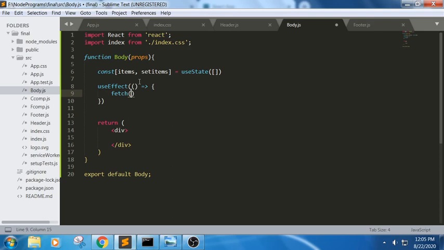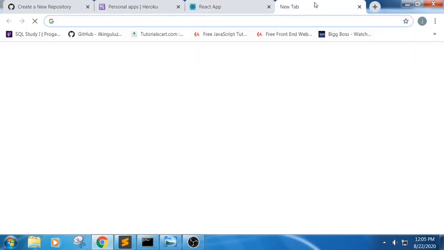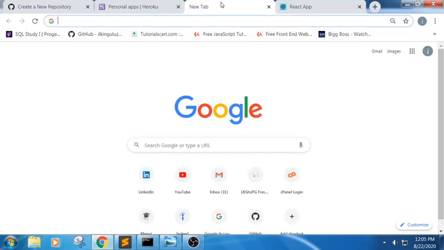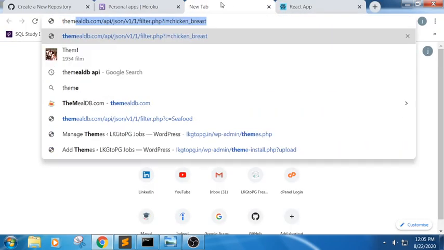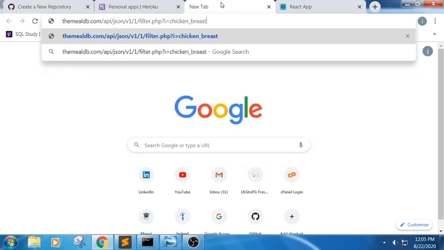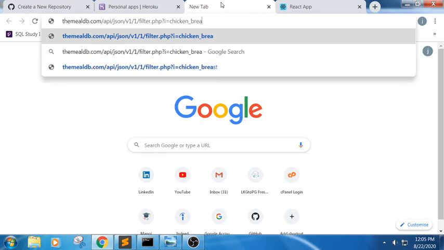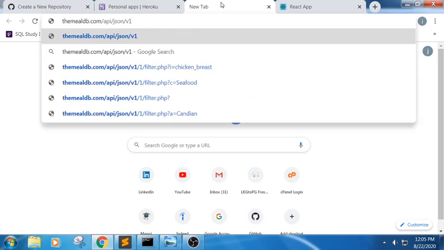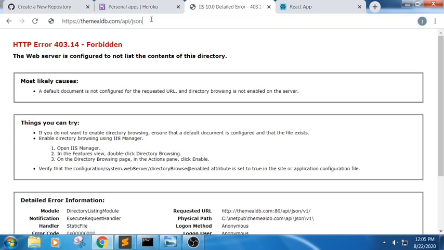In order to use this, for your API, I will just try to open the page. Let me open this API part. Yes, let us open this API.